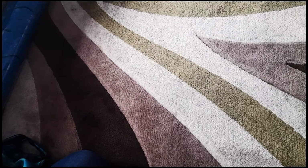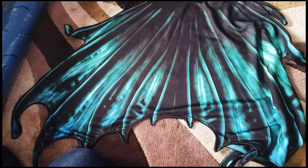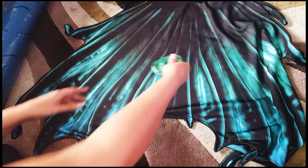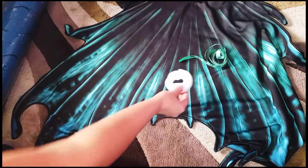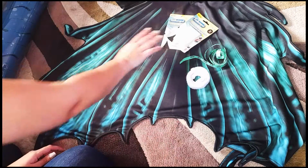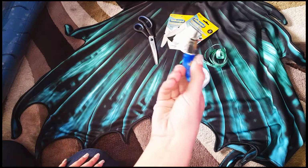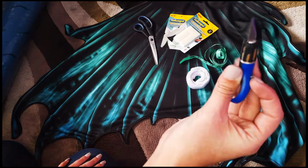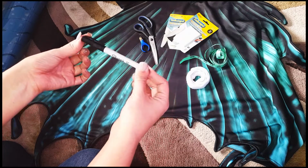All right, everybody, welcome back. So now we're going to gather all our items to make our vinyl. The first thing you're going to need is your beautiful Moonsong tail. The next thing you're going to need is some measuring tape, some double-sided Velcro, self-adhesive Velcro, this is optional, some scissors, a cutting tool like a box knife or a craft knife, has to be extra sharp, a Sharpie,